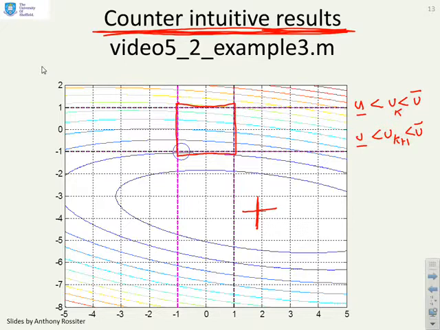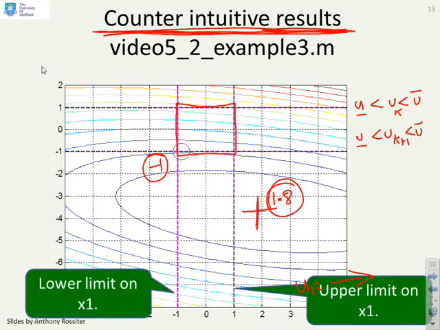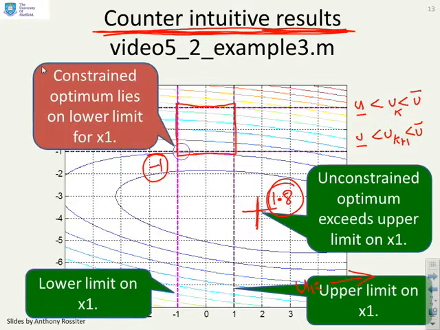So you want to say what's the best position in the box with regard to my cost, and here's the interesting point. Your unconstrained optimal is somewhere around 1.8. Where is your constrained optimal? It's somewhere like -1. And here I'm looking at the uk axis, which is this bottom axis. So what's rather worrying here? Your unconstrained is above the upper limit, but your constrained is actually on the lower limit,